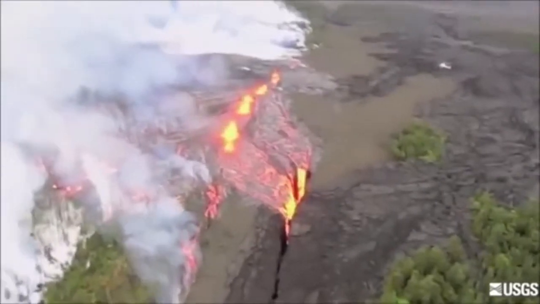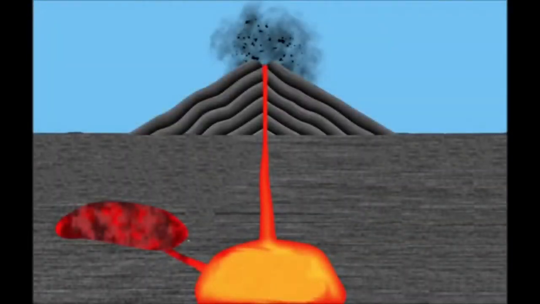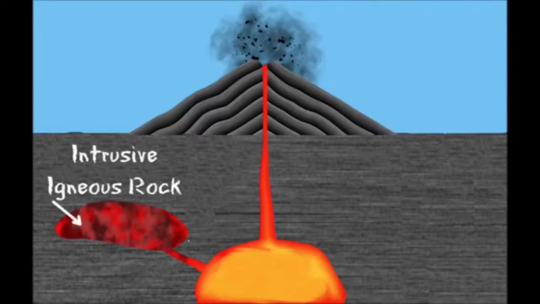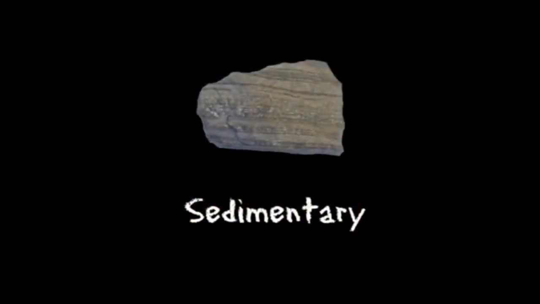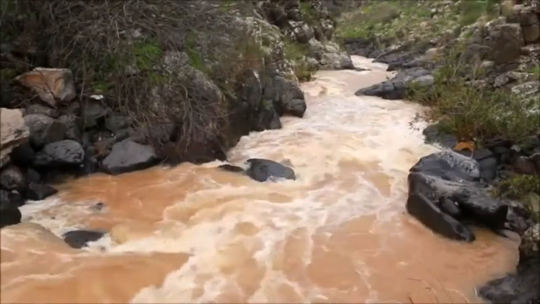Extremely common in the Earth's crust, igneous rocks are volcanic and formed from molten material. They include not only lava spewed from volcanoes, but also rocks like granite, which are formed by magma that solidifies far underground. Sedimentary rocks are formed from eroded fragments of other rocks, or even from the remains of plants or